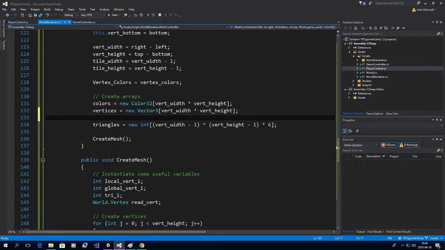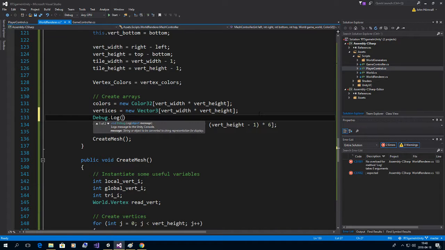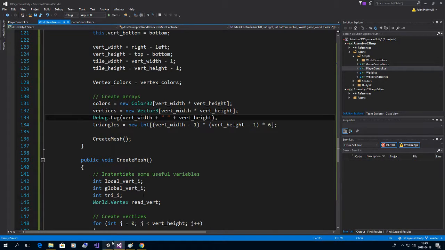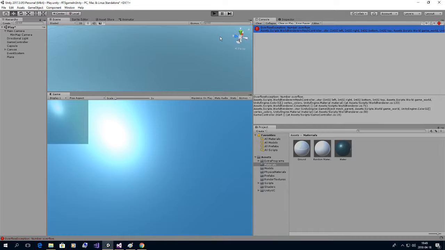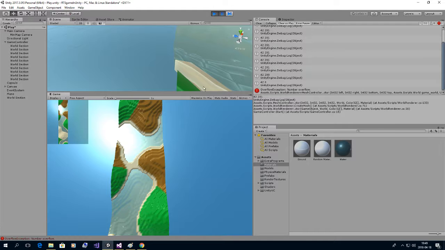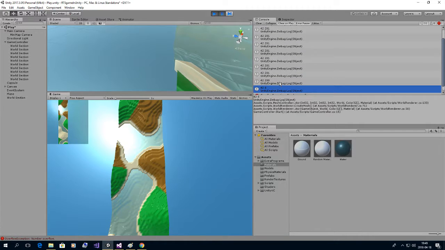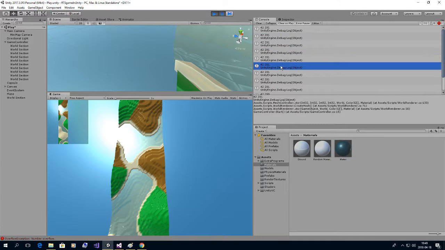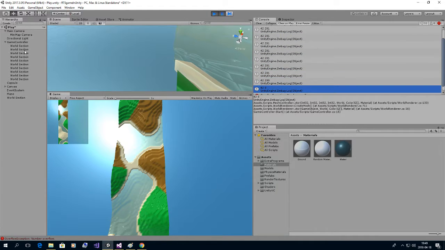So what's going on? Debug.log. So I think really the problem, which I actually suspected before, is that the vert width and the vert height would be 0, in which case it would be absolutely pointless to have them. So yeah, the last one. There's actually supposed to be 1, 2, 3, 4, 5, 6, 7, 8, 9, 10, 11. There's only 10 because one of them